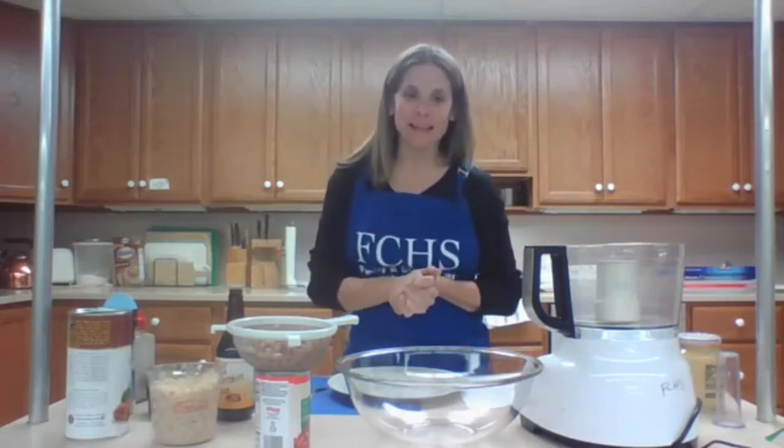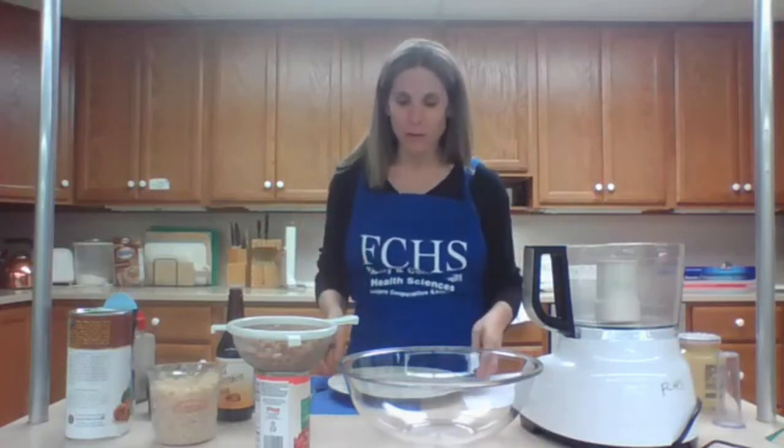And what better way than to enjoy food all from the earth? So we're going to be making from the earth burgers, from the earth veggie burgers. All our ingredients are plant-based, coming from nature. So to start off,